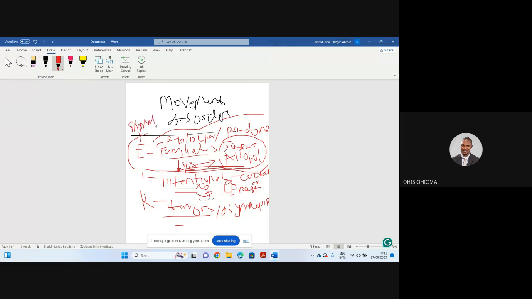Symmetric tends to affect both limbs, both upper extremities, right? While resting tends to be asymmetric, right? And then, of course, this is more common in Parkinson's disease. These are the high yield things you need to know for the exam. Not a lot of stories here, straight to the point. You get what you need to get, and basically that's it, right?